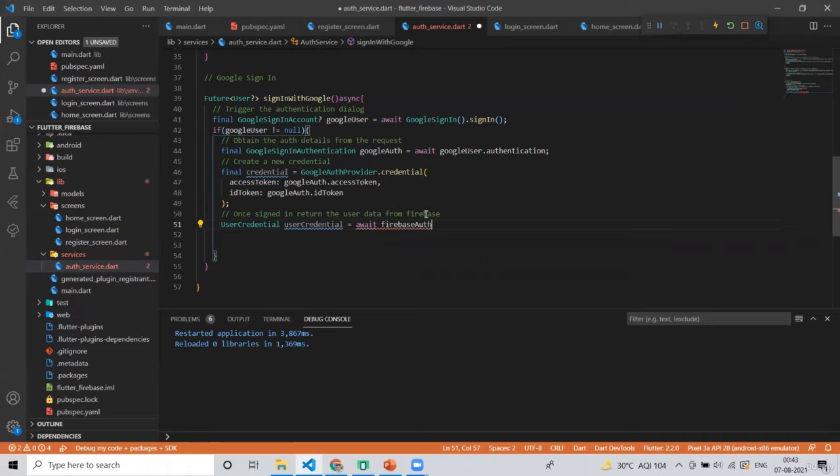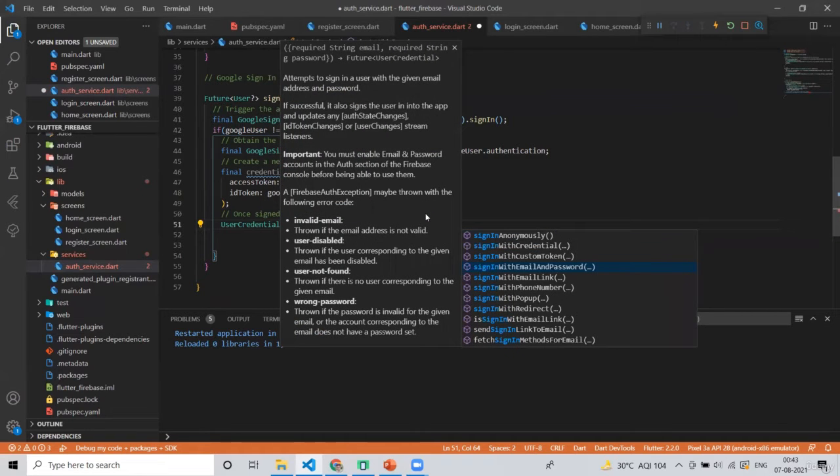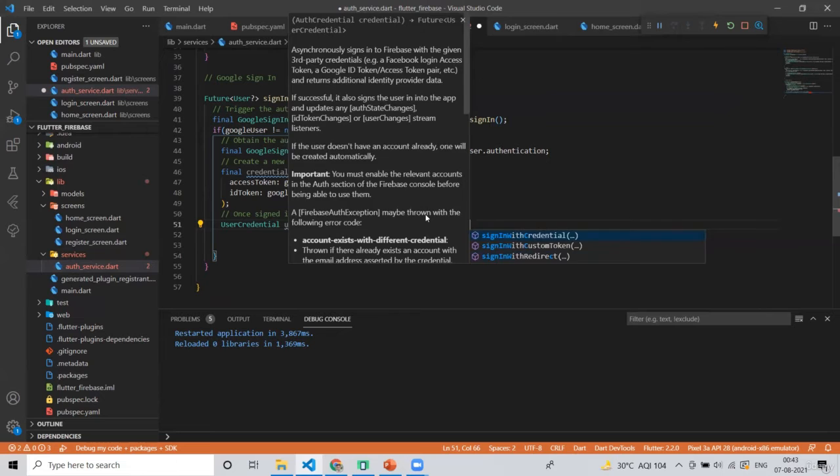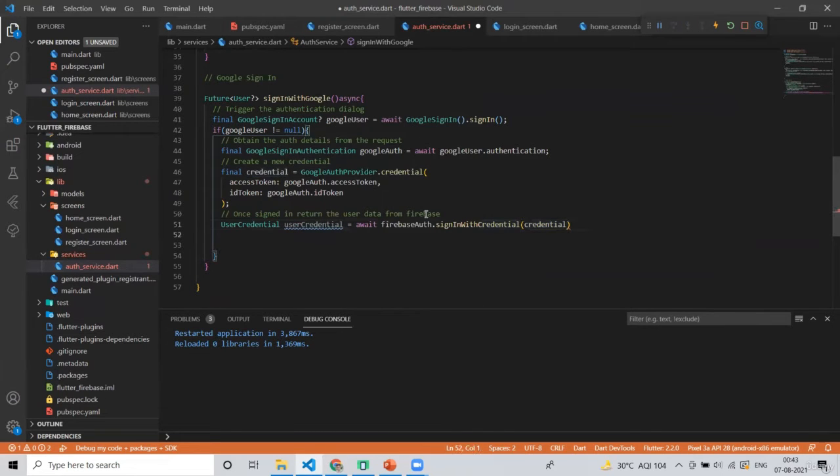Earlier it was just the code required for the Google portion. Now we will finally sign in with credential, and send our credential. That is the credential being returned by Google. So we have to send that to our Firebase to make sure that we are legally allowed to access, and simply write finally user credential dot user.